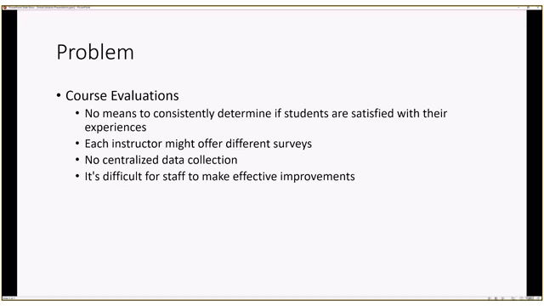This means that each department may have a dozen different surveys sent out to students that do not correlate with the others. With so many different surveys, data collection is not centralized or looked at by anyone specific, which means the survey answers are not being used to analyze how the departments are doing and if their customers are satisfied. This is an issue because with no means to identify possible areas of deficiency, it becomes difficult to make effective improvements. If students feel discouraged in courses and facing similar frustrations semester after semester, they may choose to leave the university, which leads to reduced tuition revenue for the school.